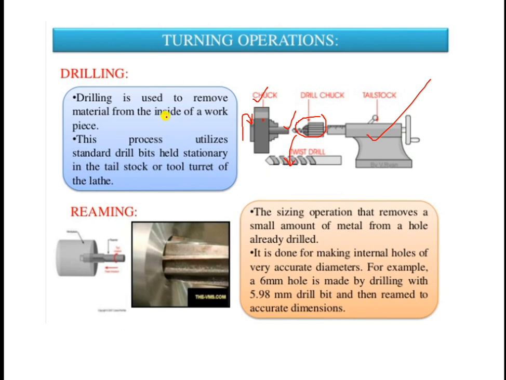That is the drilling operation, which is also carried out on this lathe machine. Reaming operation. Now reaming is nothing but, whenever a hole is already drilled, and you want to remove the burr, or smoothen the inside part, or resize that already drilled hole in proper manner, then this small amount of metal, that is the burr, can be removed by the reaming operation. Specifically boring, drilling and reaming are the operations which we are going to see again in the lathe machine also.